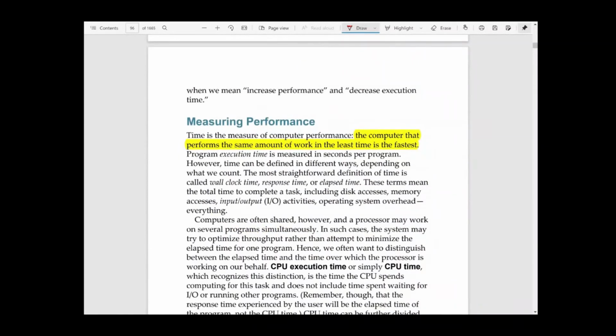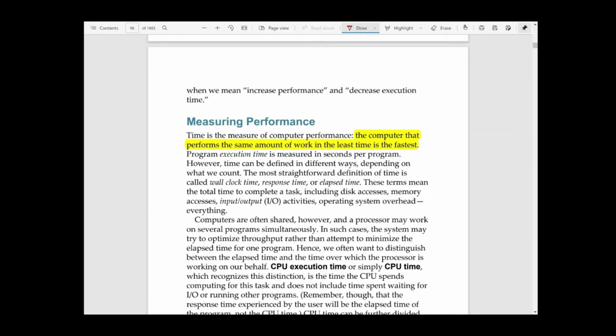Okay, next I'll discuss how to measure the performance. Till now I have mentioned that execution time is the parameter based on which you can measure the performance of two computers. But I think in the last class I also explained that execution time is total execution time, including the queuing time, memory access time, input output time, all the time plus processing time. Including everything is called the total execution time.